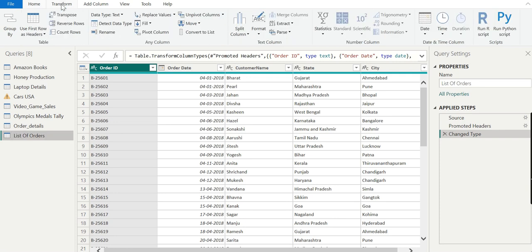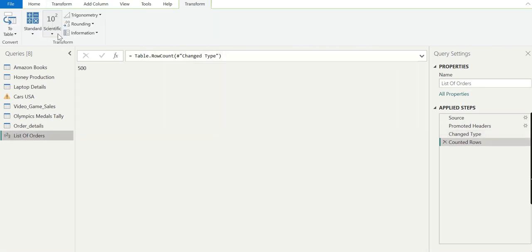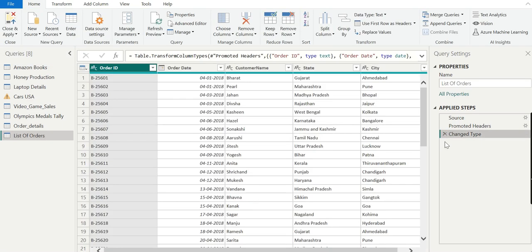We will go to Transform and count rows. You can see there are 500 rows here. We can clearly understand that in the previous data there are 1045, so there are slightly more than twice the number of rows. So first just delete this counting.